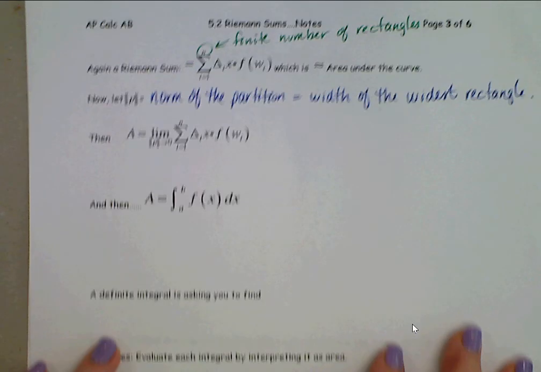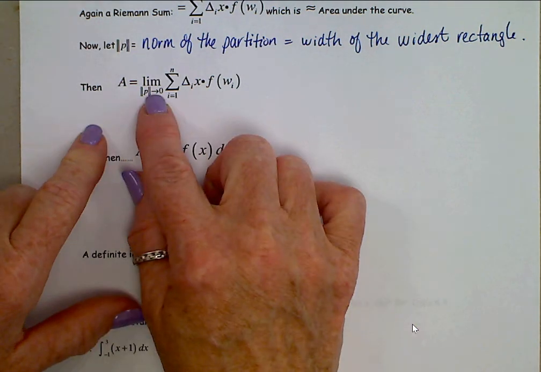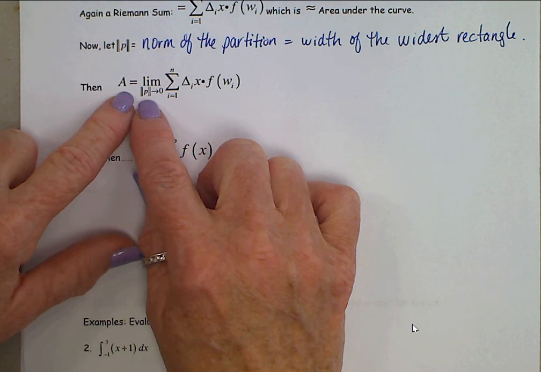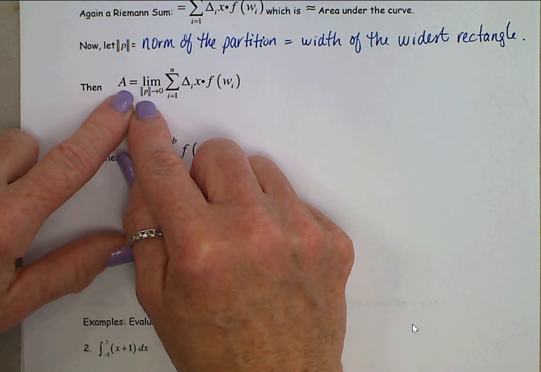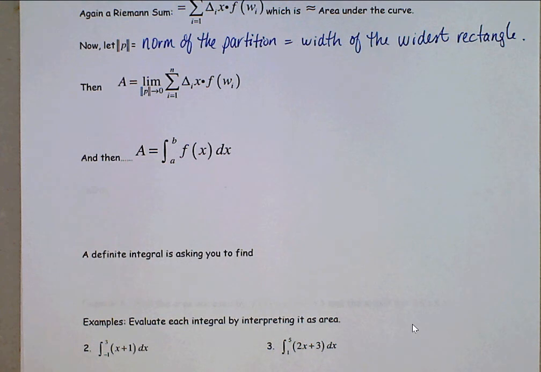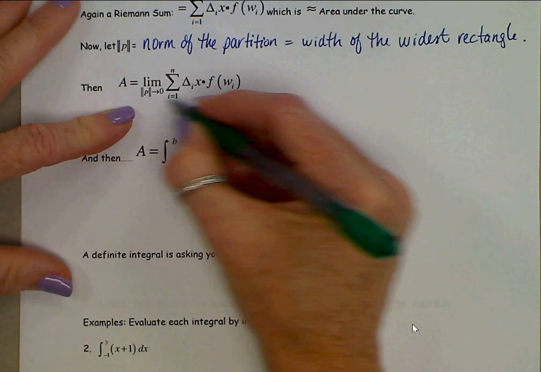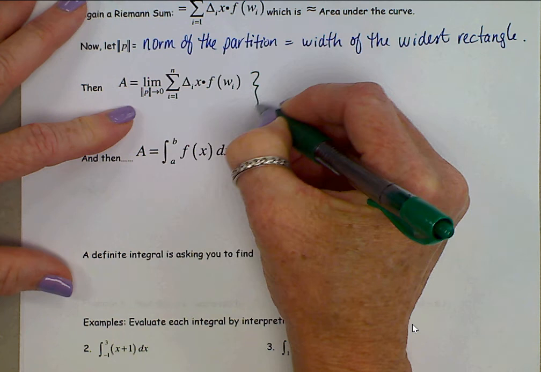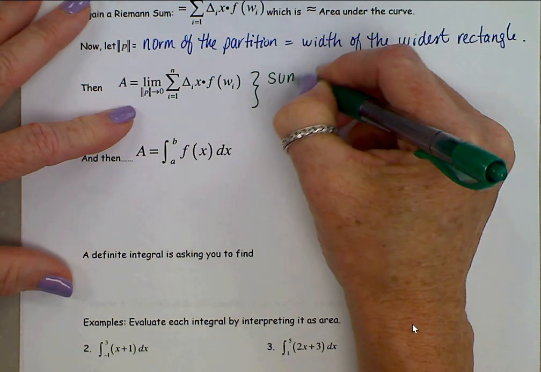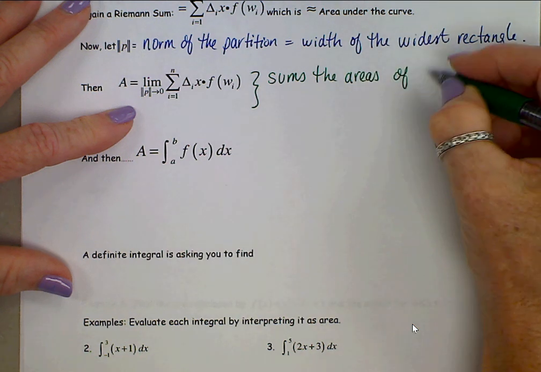All right, now if we let the width of the widest rectangle go to 0, so we're doing limits again, that means all the other rectangles that were not as wide are also getting super skinny, super close to 0, which means in order to fill up that space, we need to have more rectangles. So what this expression does is sum the areas of an infinite number of rectangles